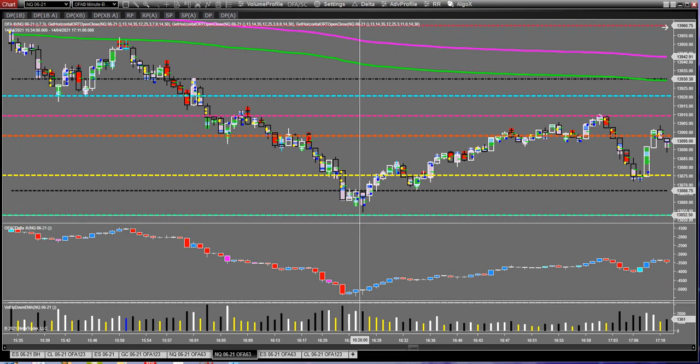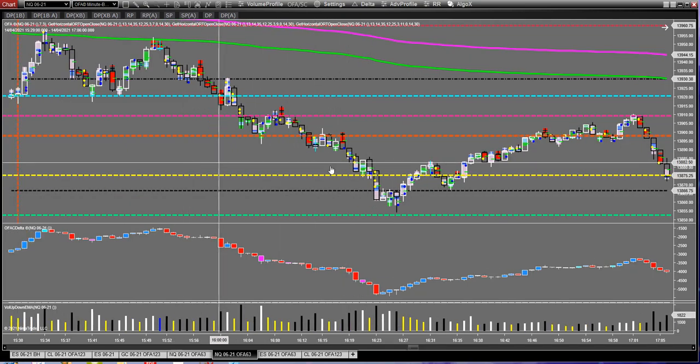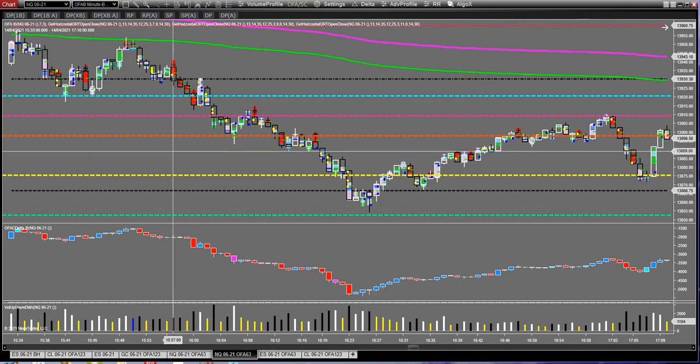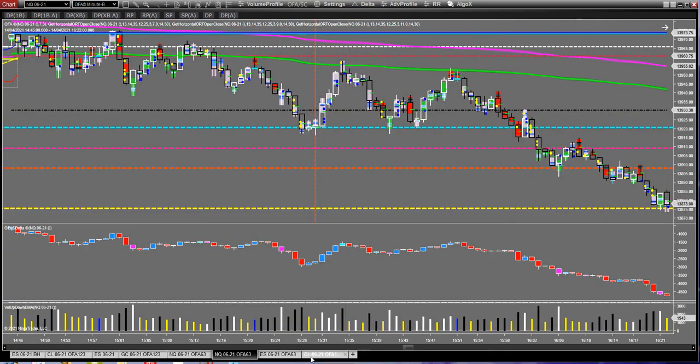Now that green one down there is basically two full rungs of the ladder. This yellow is a 50. So you can vary the settings you use as you get experience of this. But you can see how I'm